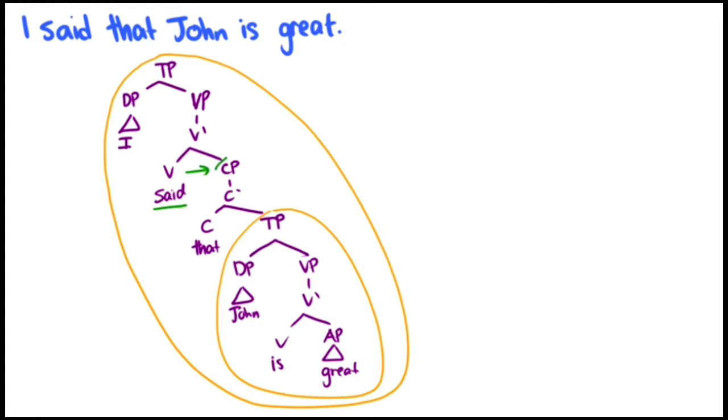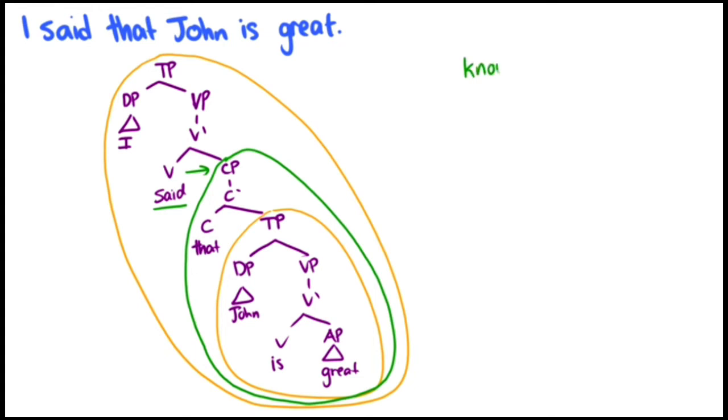Okay, so what are other verbs that take a CP complement? Well, they're verbs like know or believe. So, I know that John was great. I believe that John is great. I said that John is great. Inform is another one. So, I informed